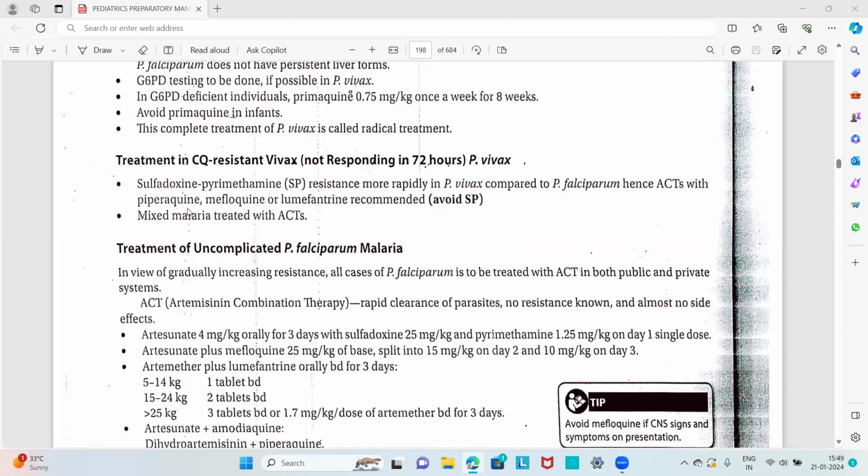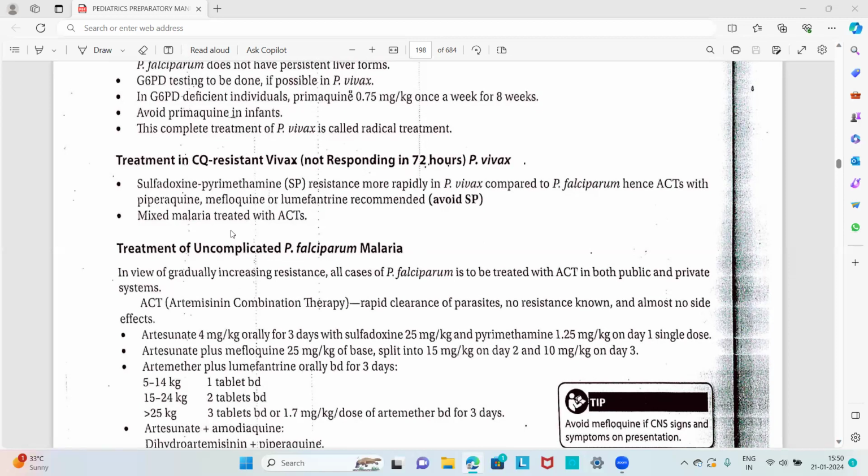Then about the treatment of chloroquine-resistant vivax that is not responding to the oral drugs within 72 hours. Sulfadoxine-pyrimethamine resistance develops more rapidly in Plasmodium vivax compared to Plasmodium falciparum. Hence, artemisinin combination therapies with piperaquine, mefloquine, or lumefantrine are recommended in the case of chloroquine-resistant vivax. Mixed malaria is also treated with the